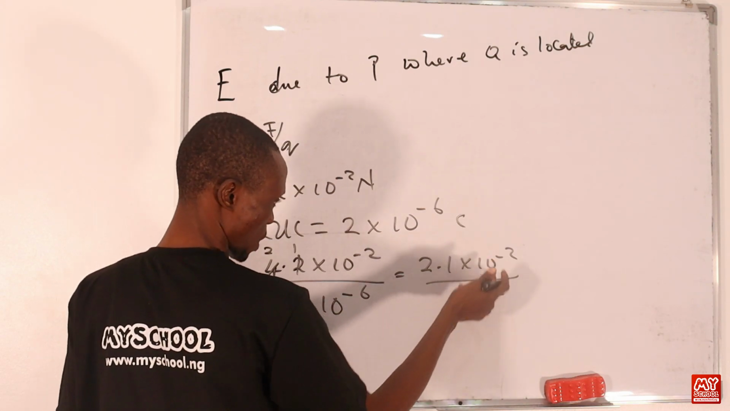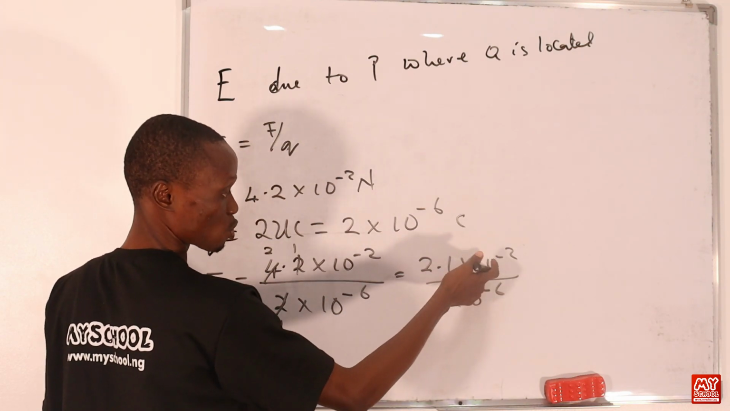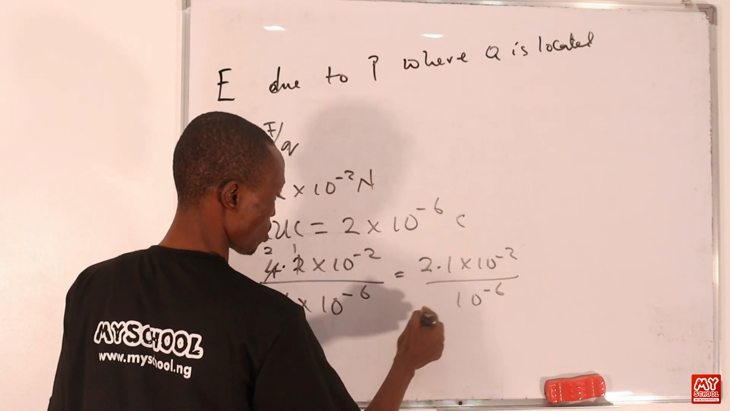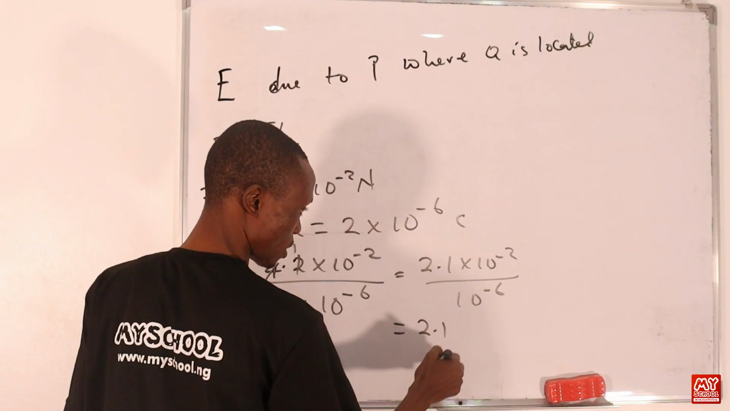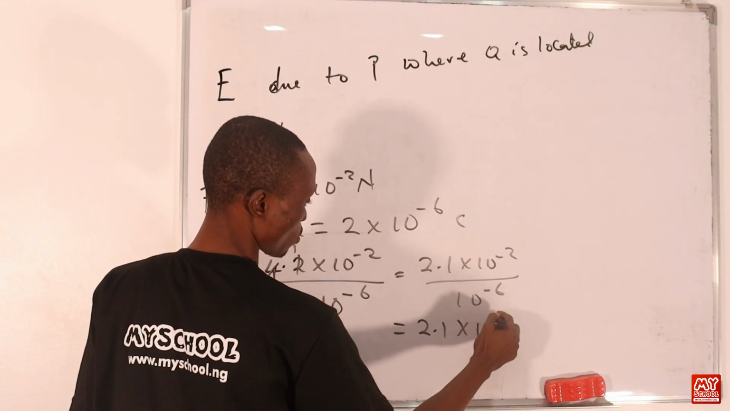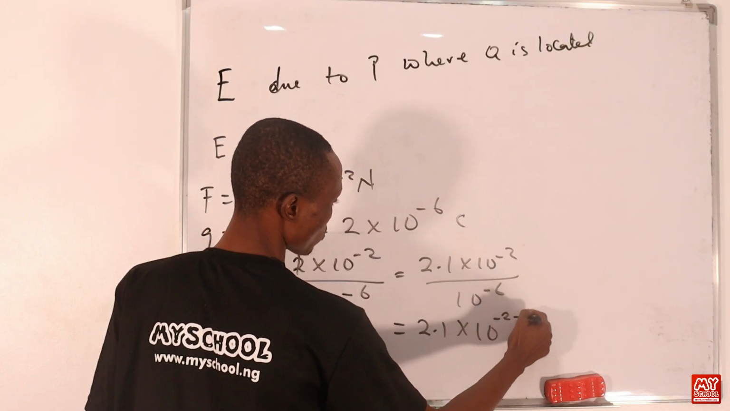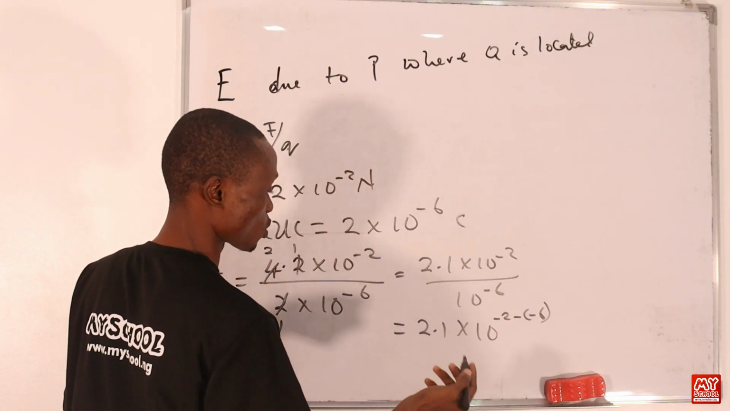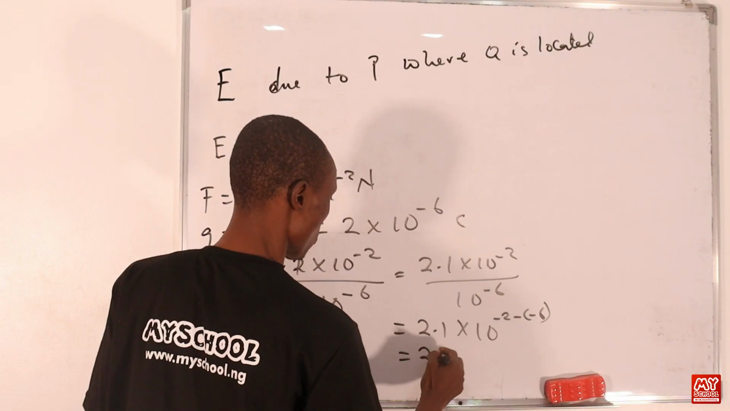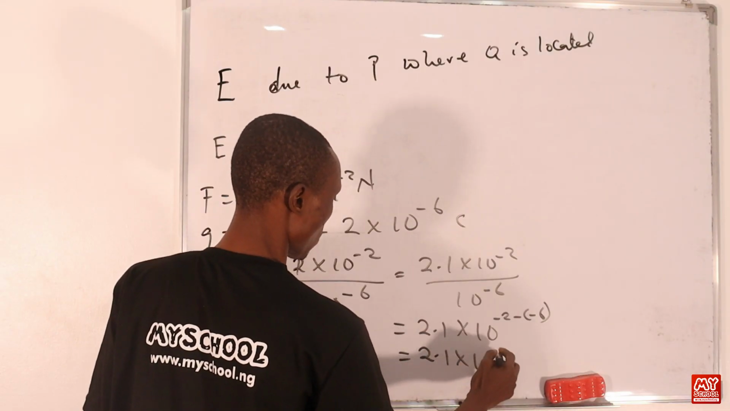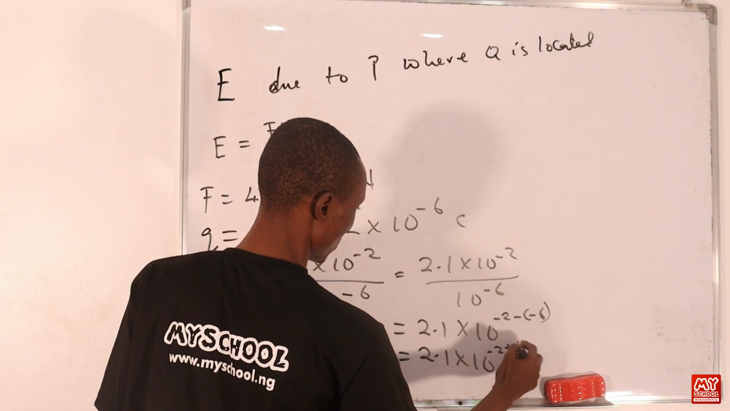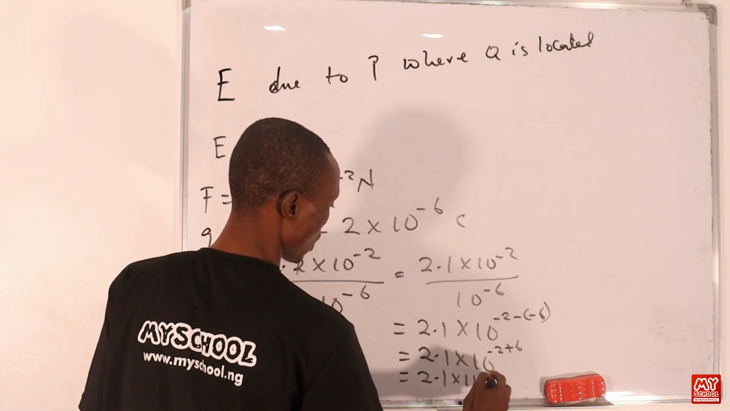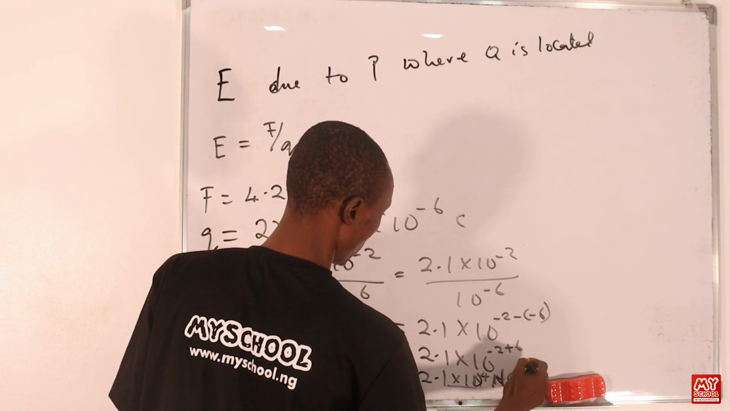Right? So here we can apply the law of indices for the 10 raised to power minus 2 and the 10 raised to power minus 6. So here we'll be having 2.1 times 10 raised to power minus 2, then minus 6. Of course, remember that minus automatically changes to plus, so that we'll be having 2.1 times 10 raised to power minus 2 plus 6. And this will be equals to 2.1 times 10 raised to power 4 Newton per Coulomb,